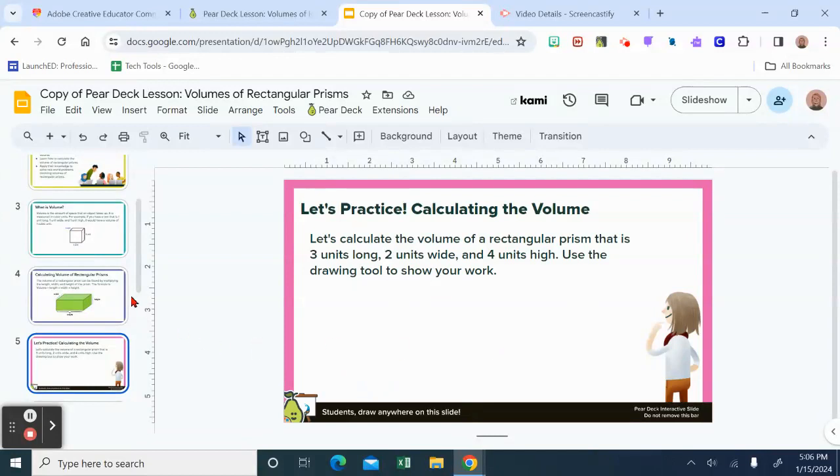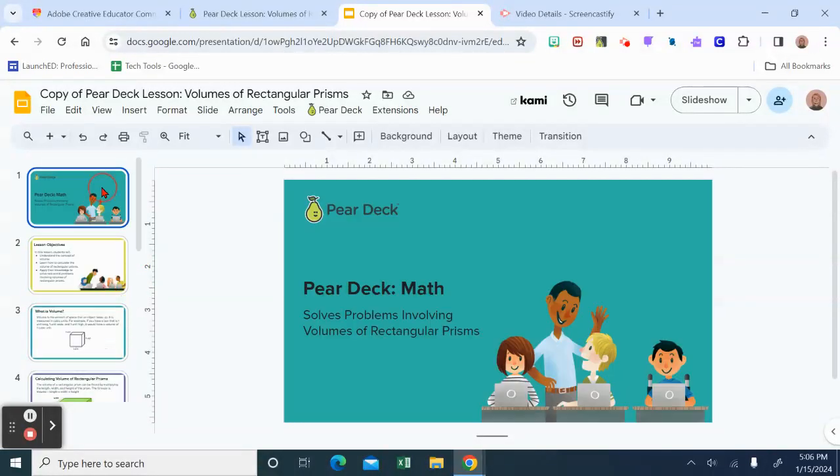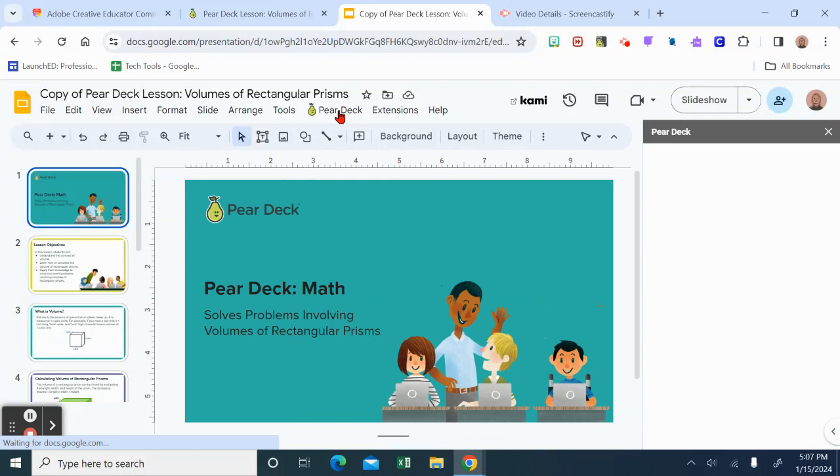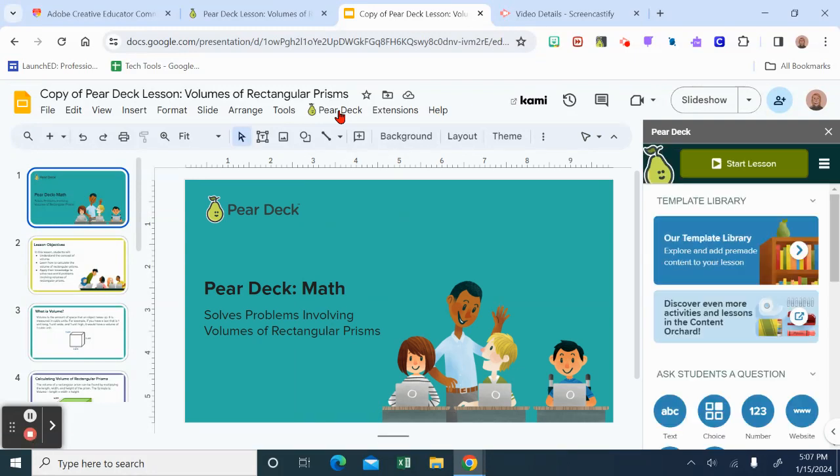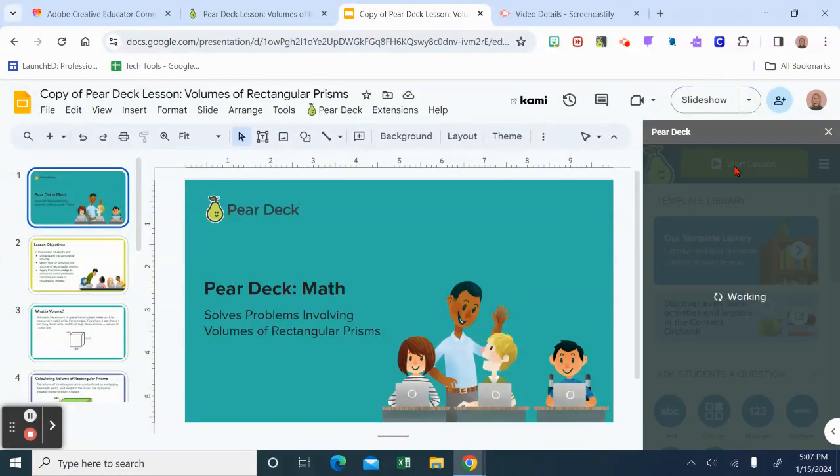If you wanted to start this with your class, what you would need to do is make sure you have the Pear Deck add-on. And if you don't, you can add it in the extension section. I already have it here, but you want to make sure that you add that and you would click on Pear Deck. You can see that it's working at the bottom, and then it's going to open up a dashboard here on the right-hand side. There's a few different ways that you can share this with your students. So you can press Start Lesson